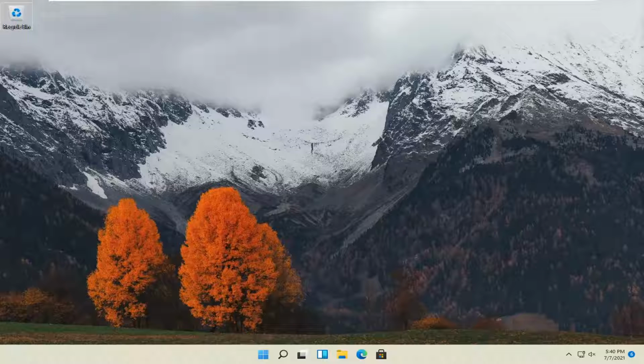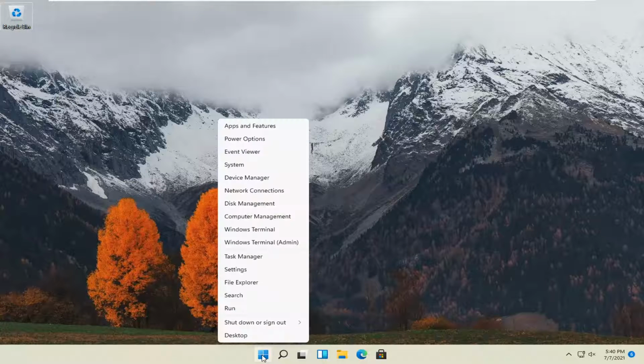In today's tutorial, I'm going to show you guys how to turn on or off speech recognition on your Windows 11 computer. So this should hopefully be a pretty straightforward tutorial, guys, and without further ado, let's go ahead and jump right into it. So all you want to do is right click on the Windows Start icon, and then